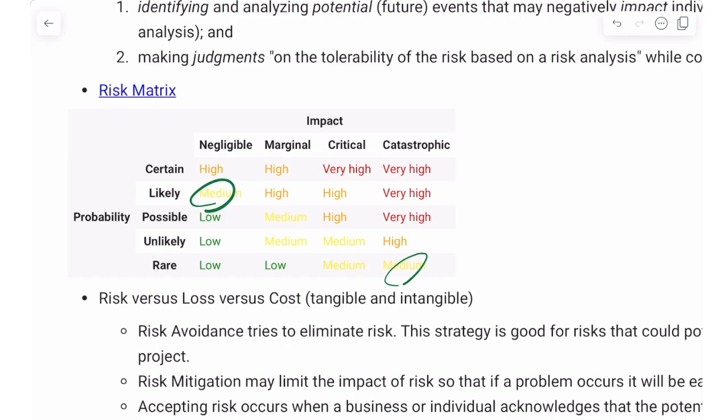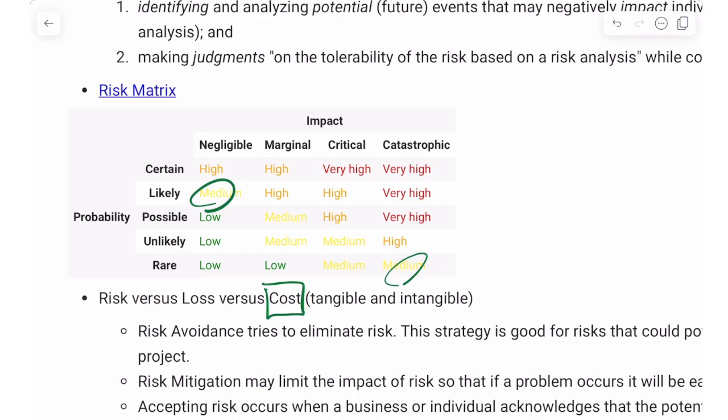Okay, but we need to talk about the cost. Sometimes solving a very high risk may be costly, and sometimes even if you want to solve a medium or a low risk, it still costs a lot of money. So from the perspective of management, your boss always evaluates how much money he can spend on different levels of risk.